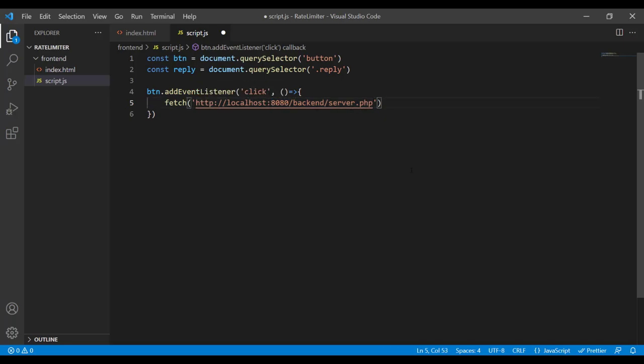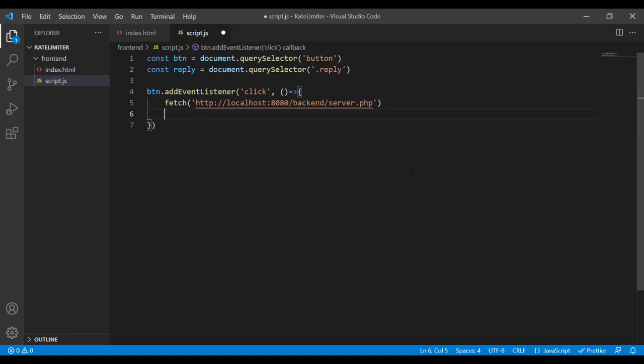Now usually there is a second parameter with the fetch request, in which we define all the configuration with which we want to set this HTTP request. But since we don't have any data to send along with this fetch request, and we want to send this request as a GET request, which is the default HTTP method, there isn't any mandatory information that we need to define. If you haven't declared any HTTP method, then by default the GET method is used. Therefore I am skipping the second parameter, which also tells us that this second parameter is basically optional.